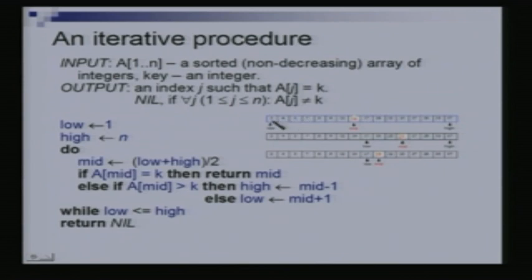The low to begin with is 1, high to begin with is n. This is elements 1 through n, let us say, in an array, and we are doing roughly the same thing, except that we are now putting it in a loop and updating high and low every time. So, after this first step, low becomes mid plus 1 because the element was larger than the mid element. When the element is smaller than the mid element, then high becomes mid minus 1,